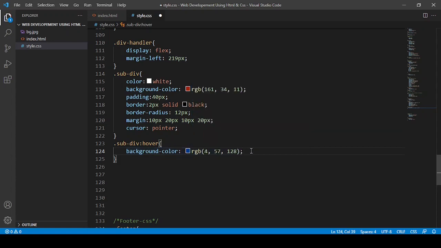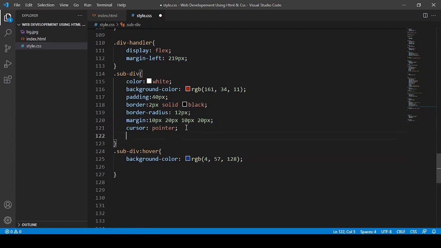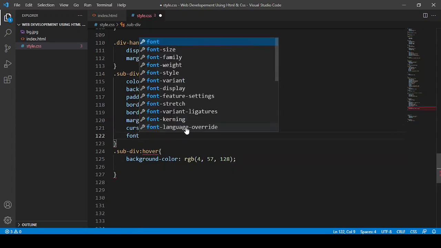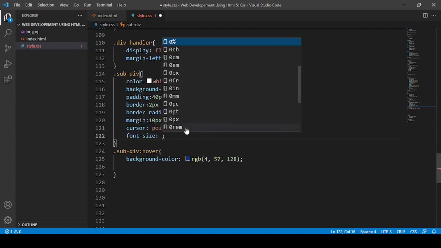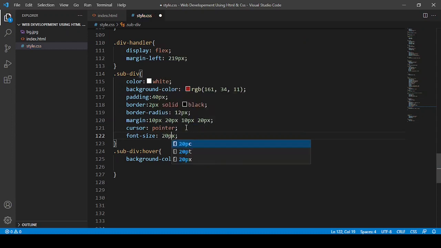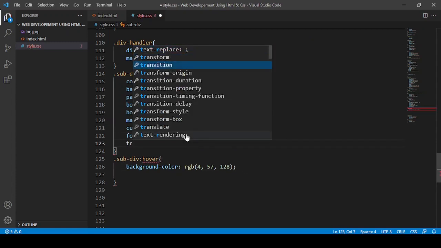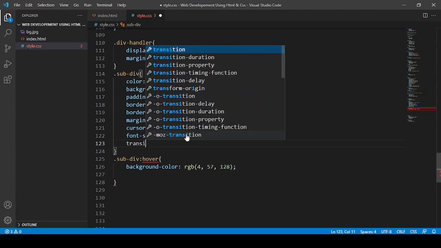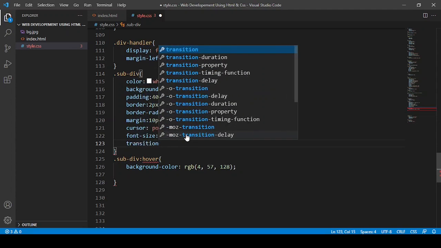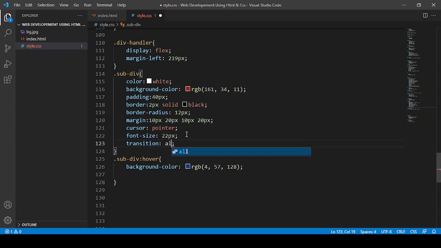And then here I want the font size also, font size of the text. So I can give the font size 20px, or even more, 22px, and then I can give transition, to maintain the smoothness, for all.